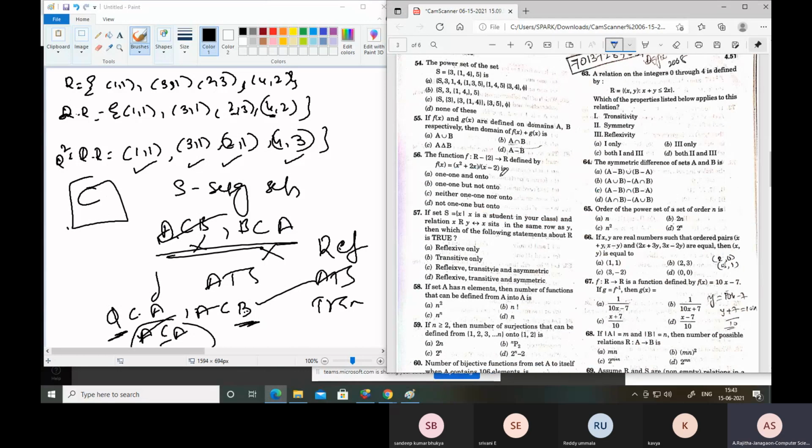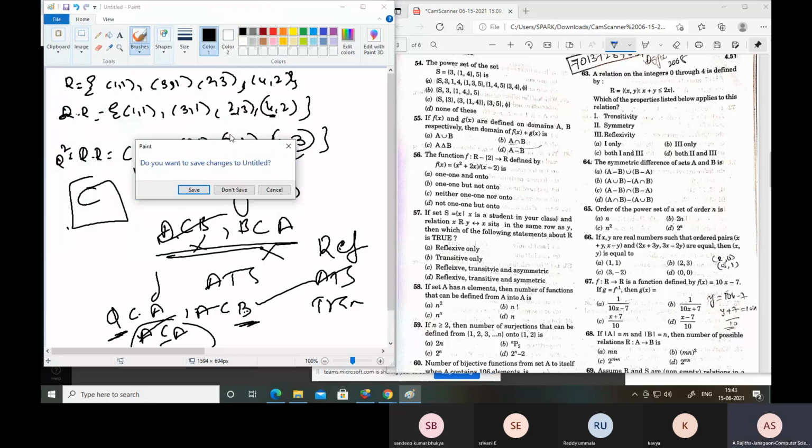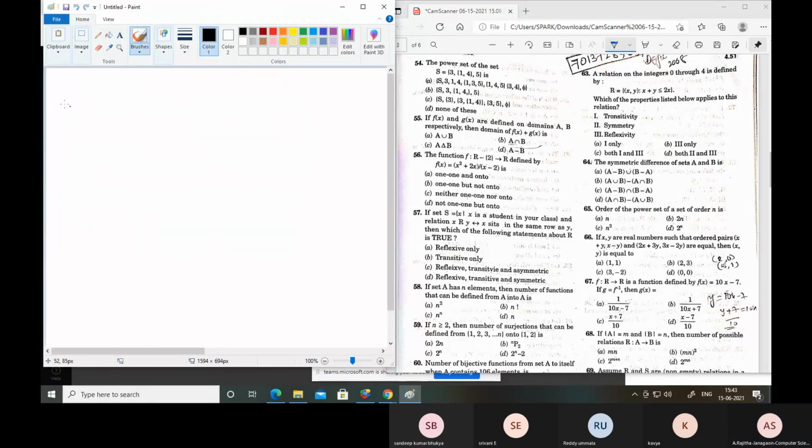Now, next, here the power set of this one. What is the power set for this 54? Here 3, 1, 4, 5. So the power set of this 54 is none of this. So write the power set for this first. The power set for this 54 is like this. Okay, here the 54 power set is equal to 3, 1, 4 and 5. Okay, so for this the power set is 5 only, okay.